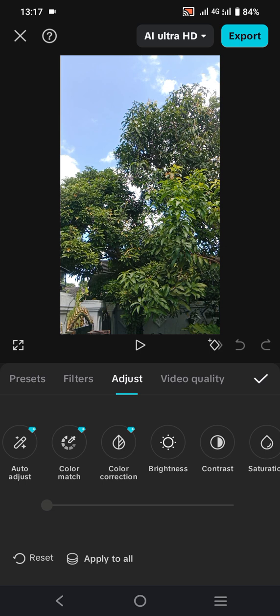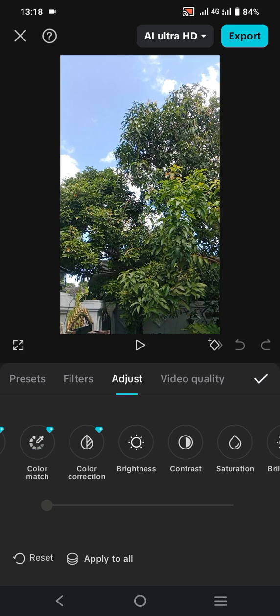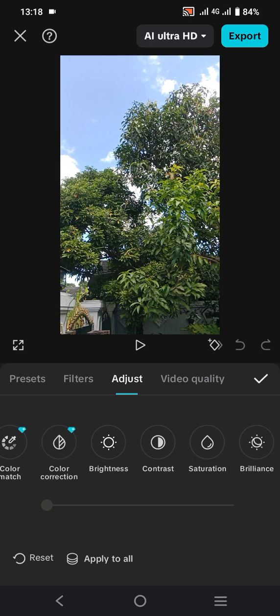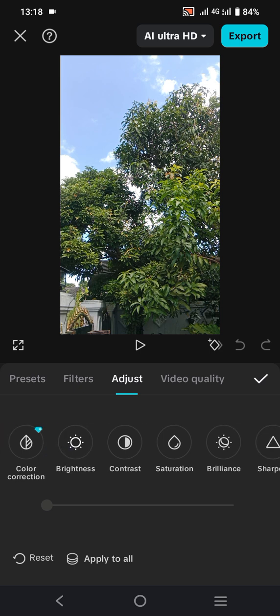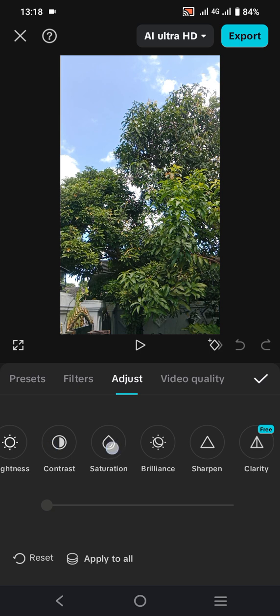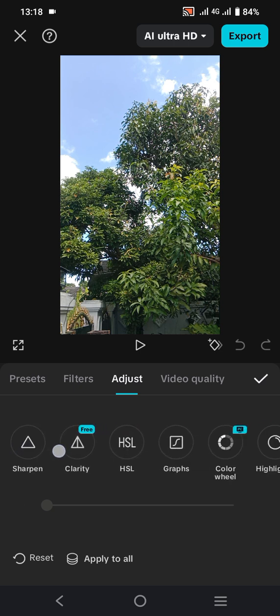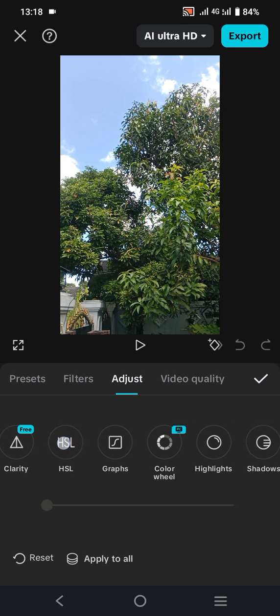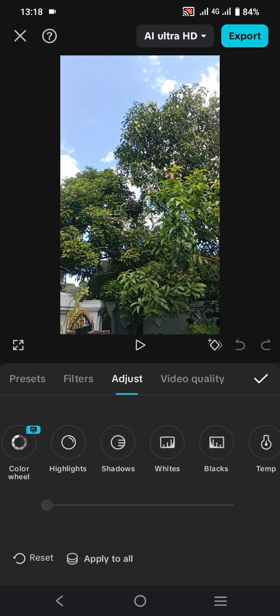These three options, as you can see here, have a diamond on them. It's for the pro or the upgraded version of this CapCut. And the common tools for the adjust are brightness, contrast, saturation, brilliance, sharpness, clarity, HSL, graph, color wheel, and